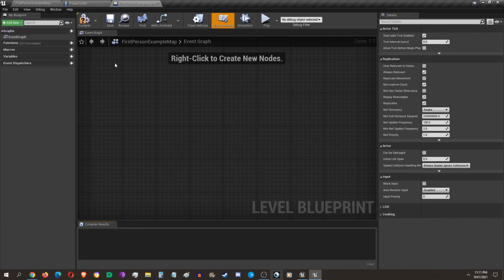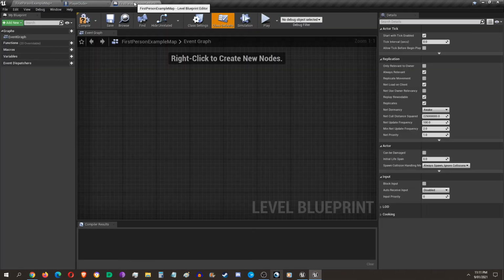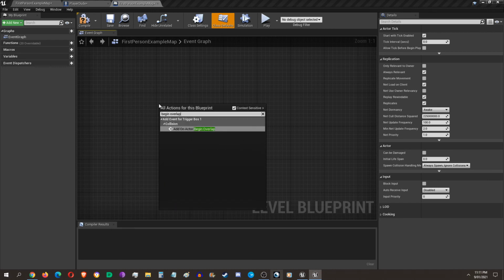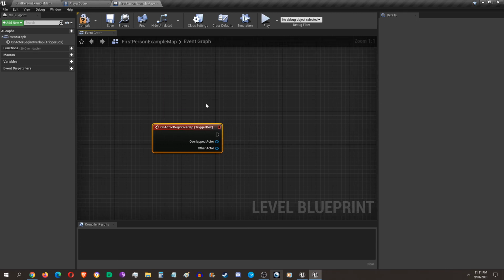Okay, so have this trigger box selected in the map. Right click, begin overlap. There we go. When the trigger box overlaps, I'm not going to use the casting system. We'll just have it like normal. So when something overlaps with the trigger box, which will be you,